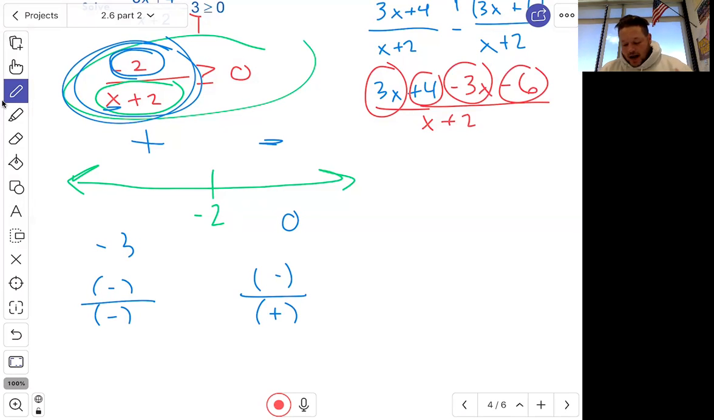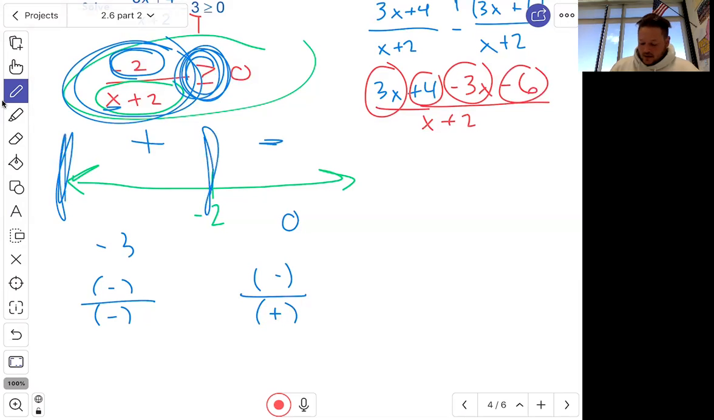My solution that I want is numbers that are greater than or equal to 0, aka positive numbers. So my solution set looks like it's going to be over here. So now to describe this in interval notation, all we'd write is, well, from negative infinity,